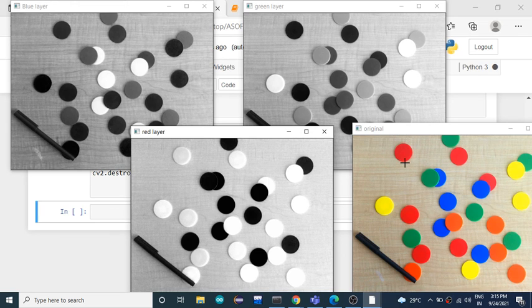As it is BGR format, you can extract the first layer as blue, second as green, third as red. It's not pure red or pure green, so it is quite dull. That's why you're not getting the brightest pixel here.